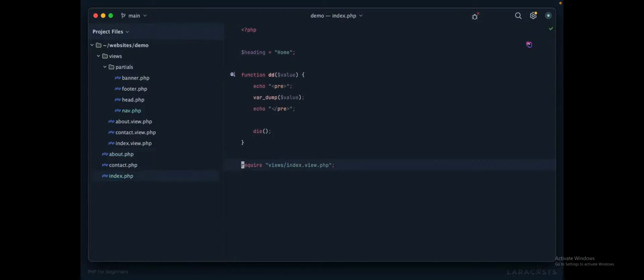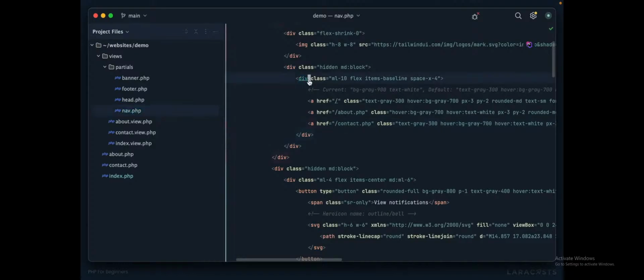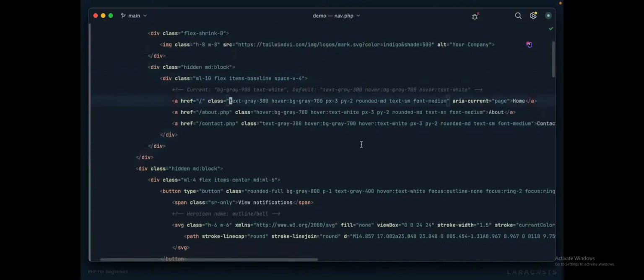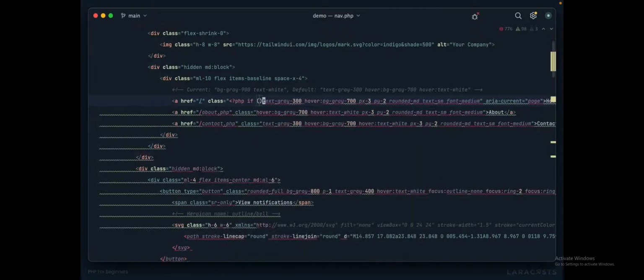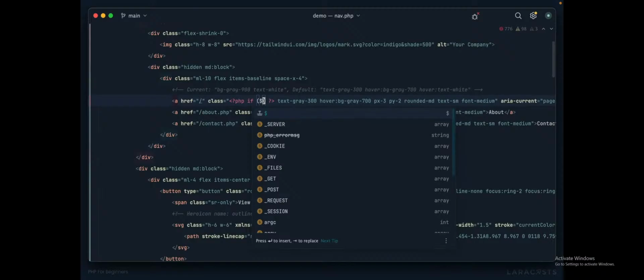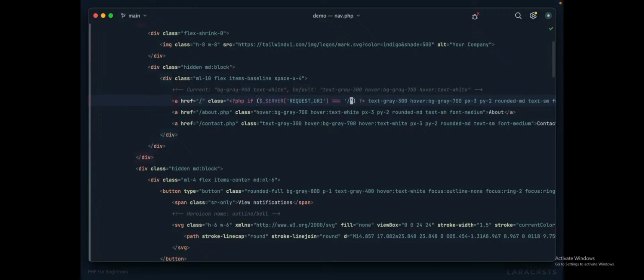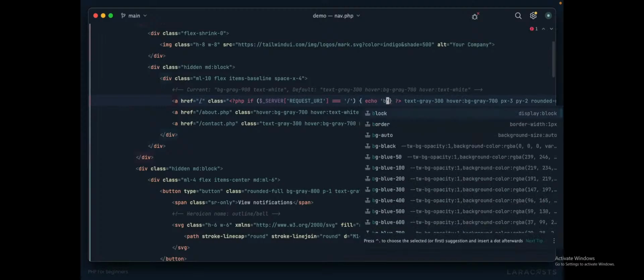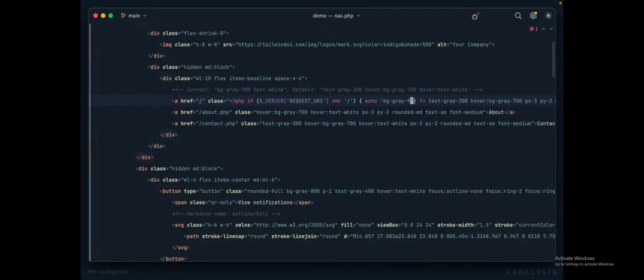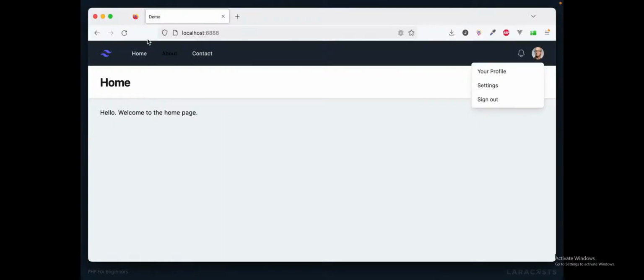Okay, interesting. So now let's take it a little further. I'm going to get rid of all of that and switch over to our navigation partial. And yeah, maybe we could conditionally apply this. Open up PHP if, and let's close out PHP. If we look into the server superglobal, and specifically at the request URI, if that equals / or the home page, only on that condition should we echo out the following classes. And what was it? Background of gray 900 and text white. I think that's right. Okay, so we can definitely clean this up a little more, but baby steps. If I come back and give it a refresh, sure enough, I now see the appropriate styles. And if I instead switch to content,